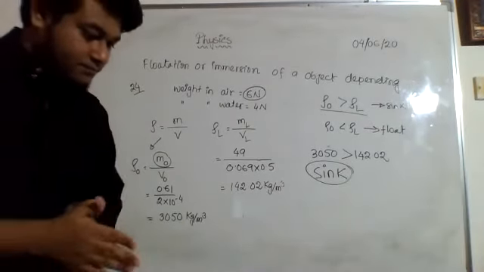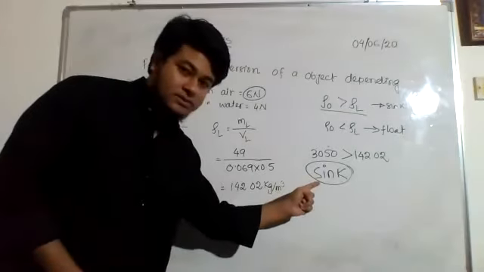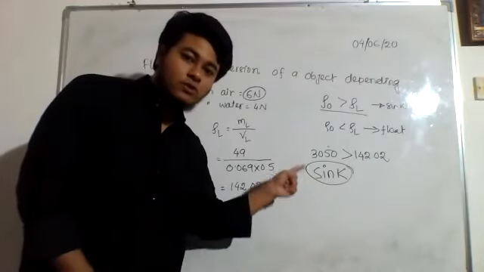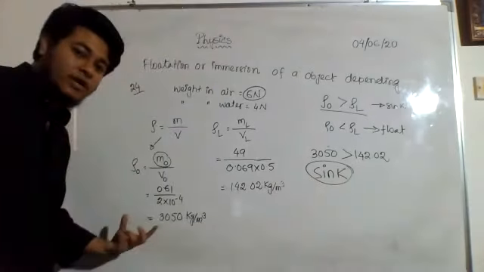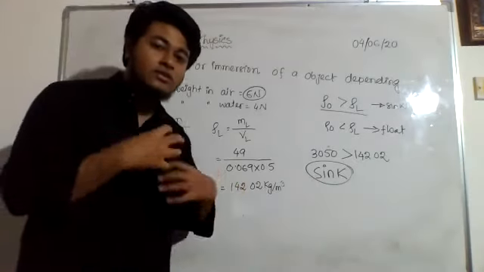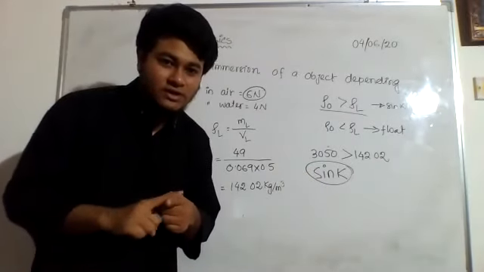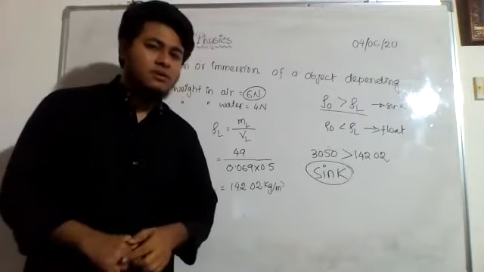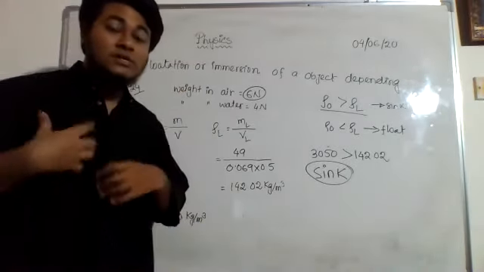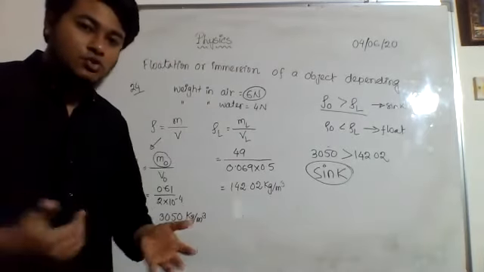Okay, Sir, no answer problem. This 142.02 is your answer. They asked you whether the object will float or sink. If you do not write this answer, let us say you calculated this value and this value, but then you did not say whether it will float or sink, there is a chance of getting marks deducted. Definitely there will be some mark deduction because I asked you whether it will float or sink. You calculated everything, but you didn't say the final answer. You couldn't decide whether it will float or sink. Should you be awarded any mark?